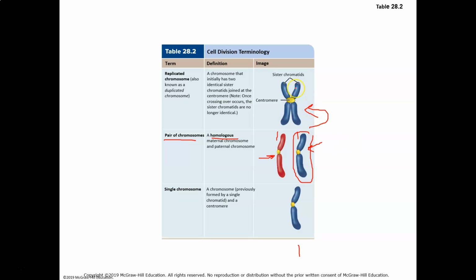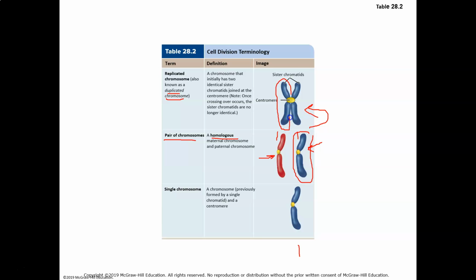So this is a duplicate. It says over here that's a duplicated chromosome. So this chromosome has been duplicated. Now, here's where we get into weird name changes that will throw you off sometimes. We referred to this one thing down here as a chromosome, and it is. But when we double it, its copy,